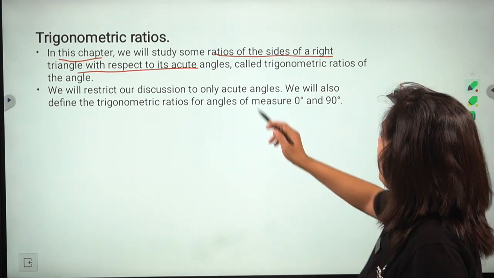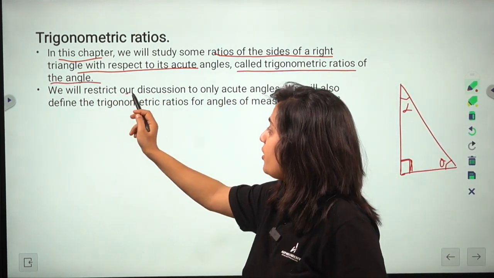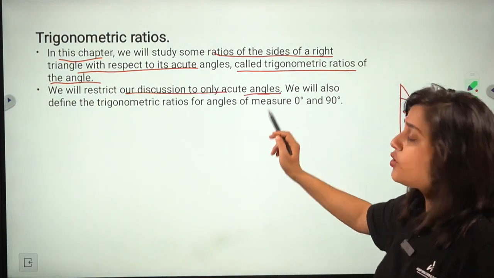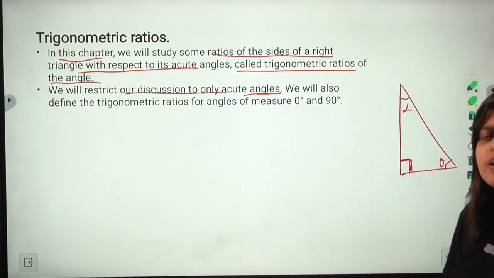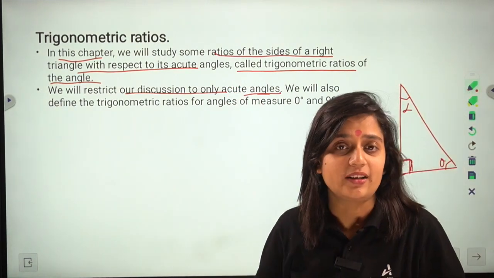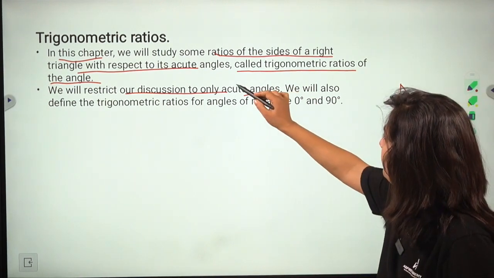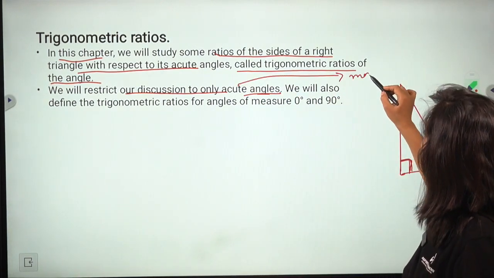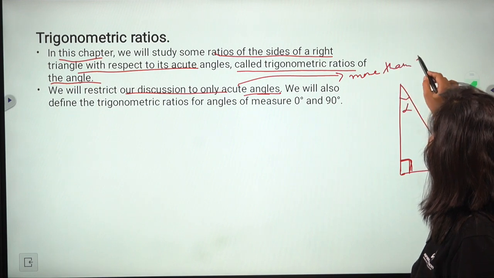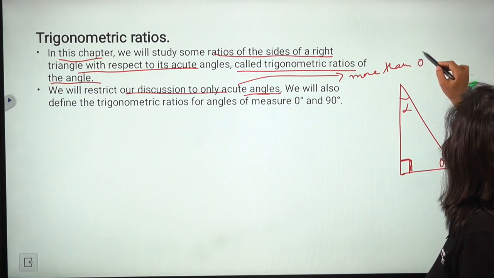Clear? Called trigonometric ratios of the angle. We'll restrict our discussion to only acute angles. So we'll only discuss about acute angle. It's not like that trigonometric ratios don't go for more than that angle, meaning it doesn't go for obtuse angle. You know acute angle? Acute angle means more than 0 degree and